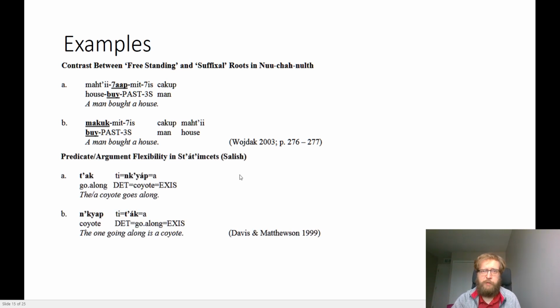Some of these languages really push the boundaries of what you consider to be a subject, and what you consider to be an object, and what you consider to be a verb? What do you consider to be a noun? Here we see a sentence, the coyote goes along, or a coyote goes along. And we see this determiner with this coyote and then some sort of existential suffix, with go along being presumably the verb in the initial position here. Here, however, in the initial position, we see coyote with the determiner, in fact, attached to go along, and then the existential suffix. And it kind of looks like now this is the noun and this is the verb. I'll leave those philosophical arguments to another class.